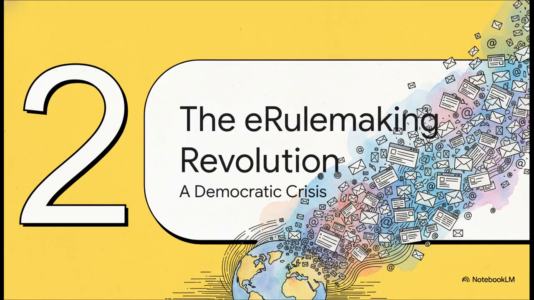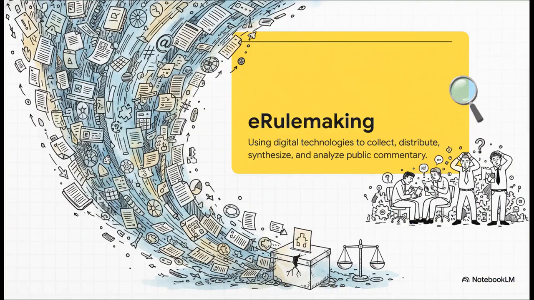And then, well, everything changed. The internet exploded onto the scene, and it created a problem that literally no one in government was ready for. See, when agencies propose new rules, they're required by law to ask for public comment. All of a sudden, those comments weren't just trickling in by mail, they were an absolute flood of emails and web forms, coming in by the hundreds of thousands. They called this new world e-rulemaking. And the idea was simple enough, but the fallout was massive.